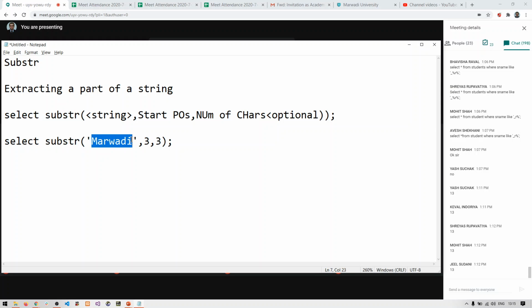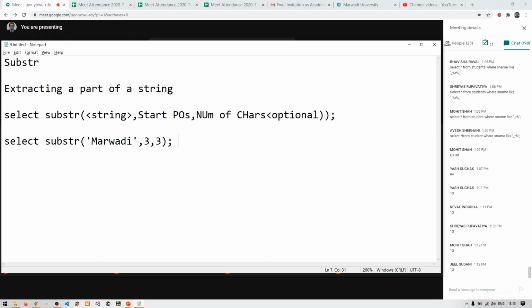Marwadi is a string, not the single quotes. Only Marwadi is a string. The starting position is the third character, and I want to extract 3 characters. Again, I am repeating, Marwadi is a string. Starting position is the third character, and I want to extract 3 characters. The number of characters is 3.